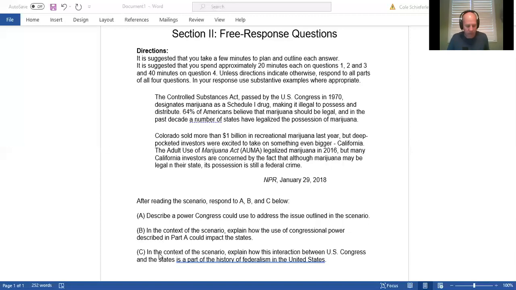All right, now let's go over the verbs, ladies and gentlemen. Remember the verbs that you're probably going to see: identify, define, describe, explain, and draw a conclusion. So remember the best friend analogy. If the question is asking you to identify something, maybe it just says identify a power of Congress. Well, remember, just identify your best friend, but write it out in a complete sentence.